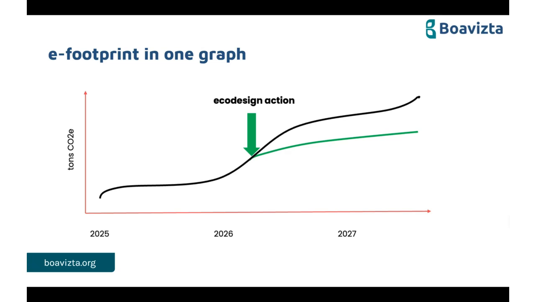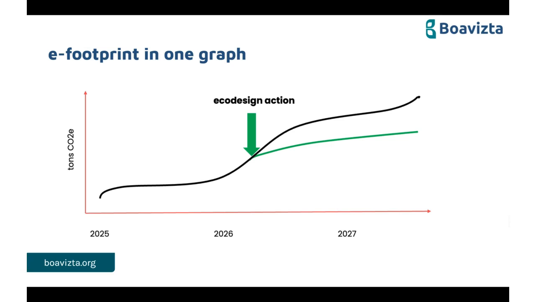Here, I'm going to only be talking about CO2 emissions, but of course, the same reasoning could apply to other environmental indicators. For now, it's only CO2 in eFootprint, but it's going to evolve in the medium term. So if we focus only on CO2, the goal to be able to prioritize the eco-design decisions is to be able to generate the graph of the cumulative CO2 emissions of a digital service across time, year after year,